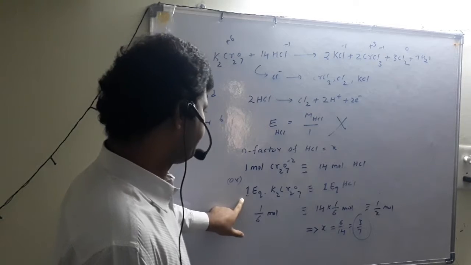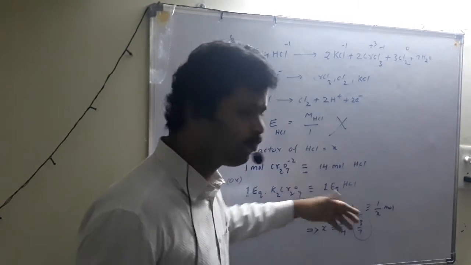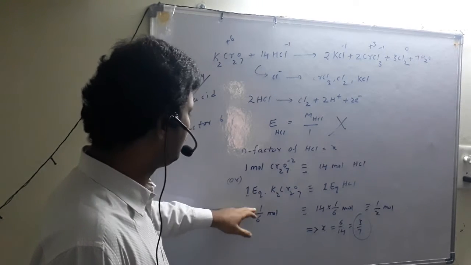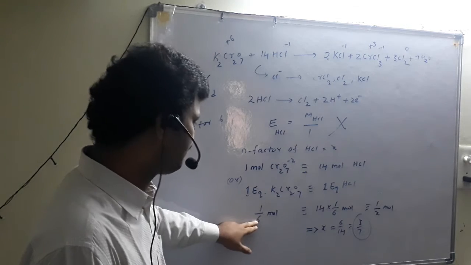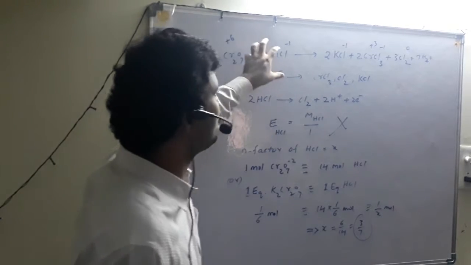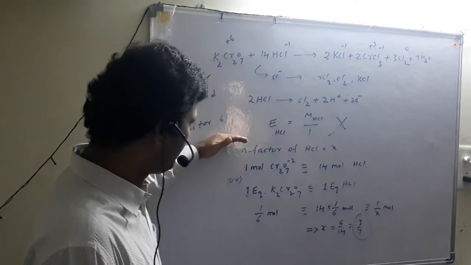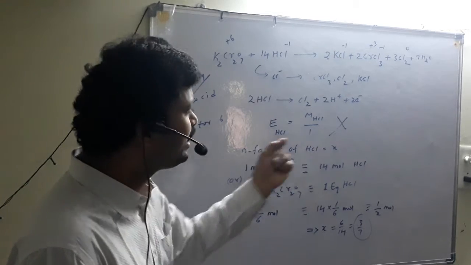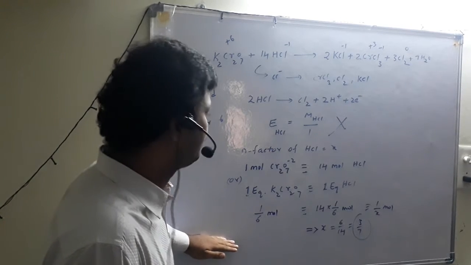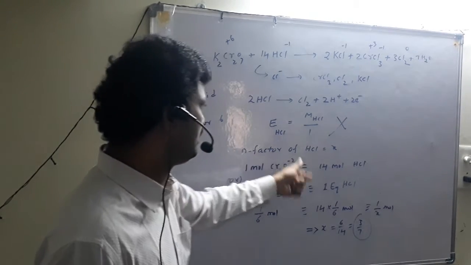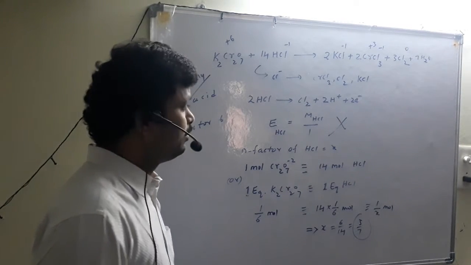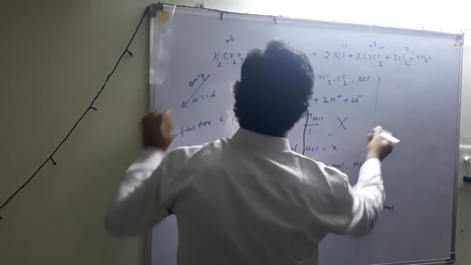Okay, here 1 equivalent of potassium dichromate reacts with 1 equivalent of HCl. Then how to convert equivalents into moles? Moles by n factor, like that. But we don't know the n factor of HCl, right? Because the total quantity did not participate. Because of that, we made a very long observation. We can do it with a small single-step approach also. This much long procedure is not required, as we are assuming HCl n factor X and calculating the X value. In a single step, I will tell you this process.